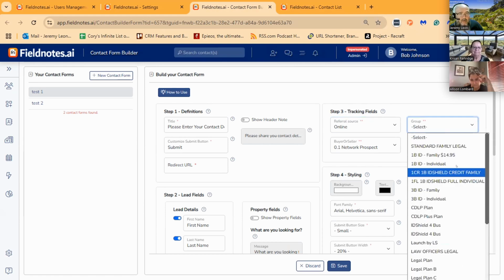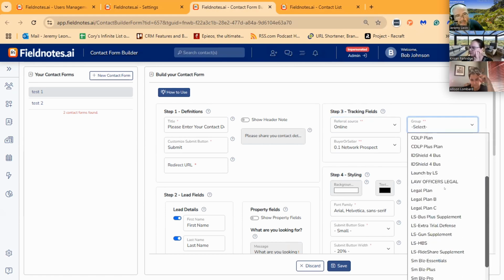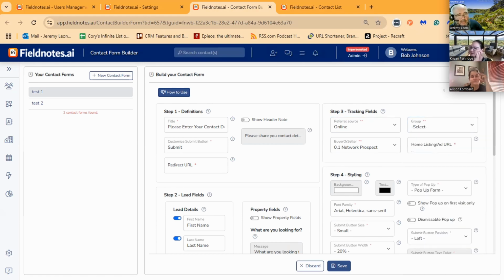If you've created a group tag, you could assign that. So you could assign these three things upon sign up, upon him submitting his information and requesting and getting the PDF. Now you've got three things that you can trigger off,